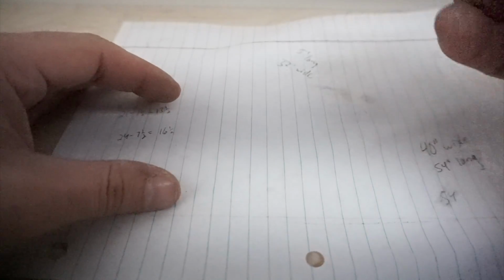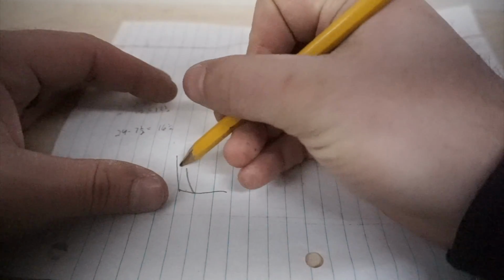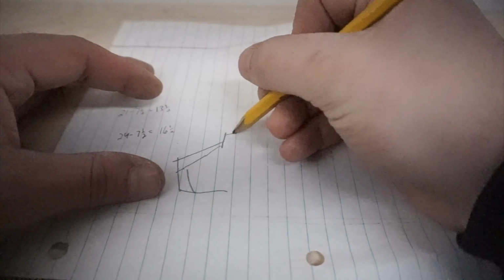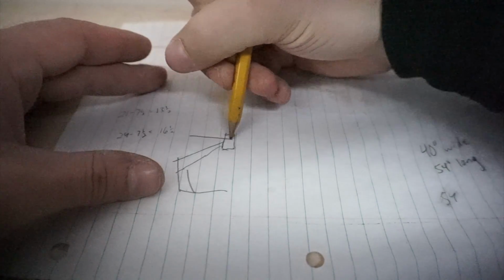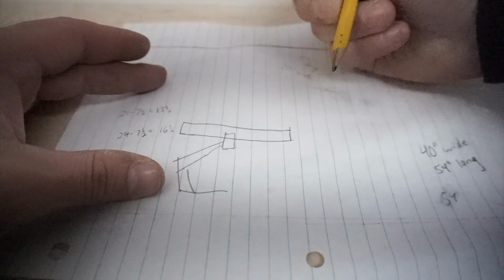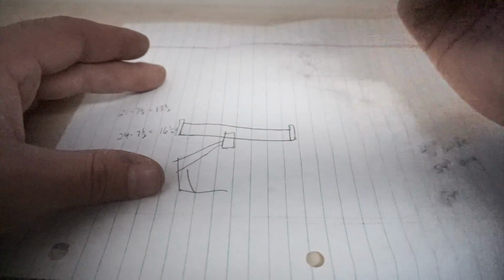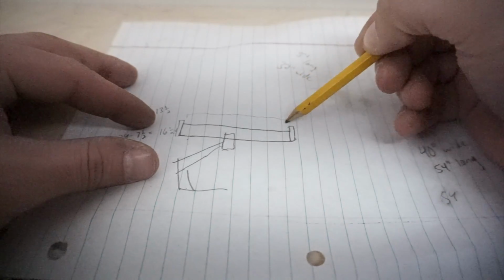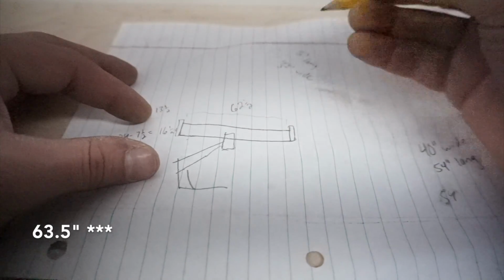Okay, so the way that this is going to work, we have our engine hoist. And we're going to build a riser. And then with the 2x8s we're going to go across, and then with the extra 2x8s we'll put little end caps to grip it. So our measurement here that we're going to use, 62.5, and then up,